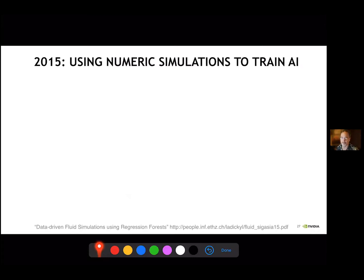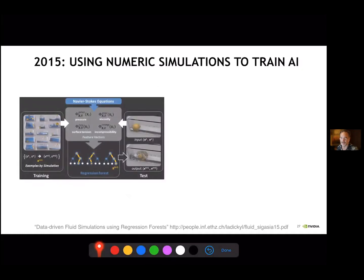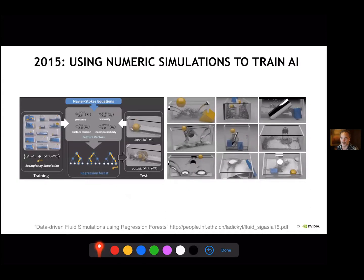So I'm going to spend the rest of my time talking about that specific objective. In 2015, I saw this really interesting paper that was published as part of the SIGGRAPH Computer Graphics Conference, and it came to my attention in kind of a weird way. But basically what these researchers did, and they were trying to achieve